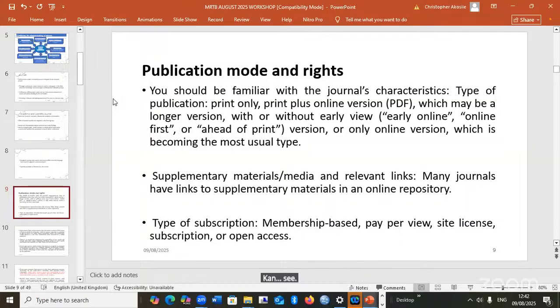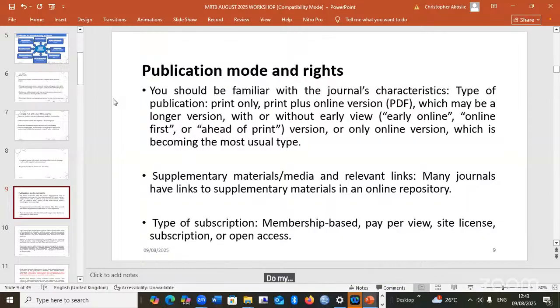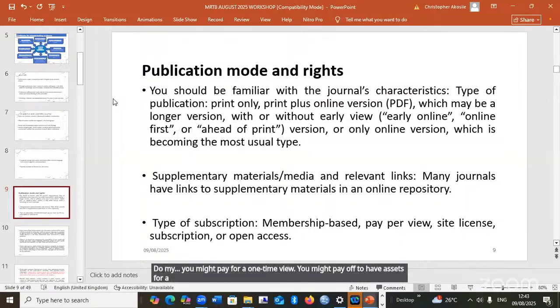Then we have the pay-per-view option, in which case, if you want to be able to read a particular journal, you have to pay. You might pay for a one-time view. You might pay to have access for a month to be able to view it over the course of a month or something like that.